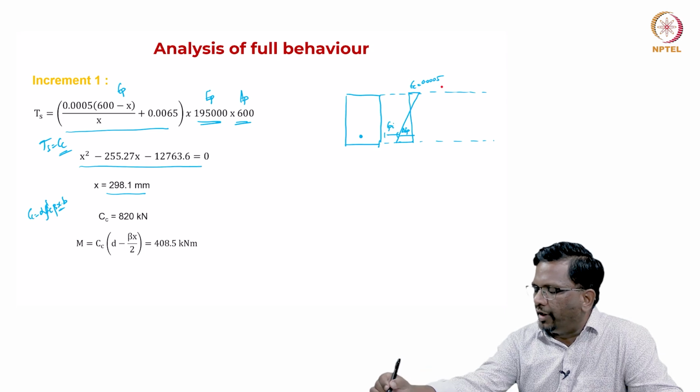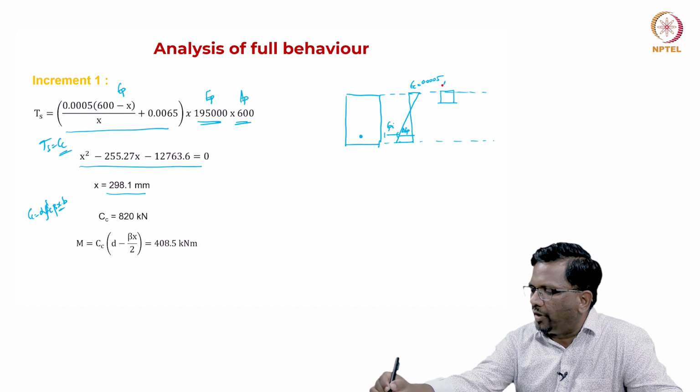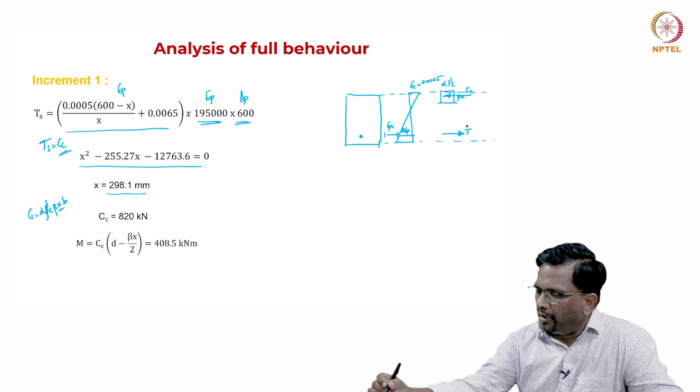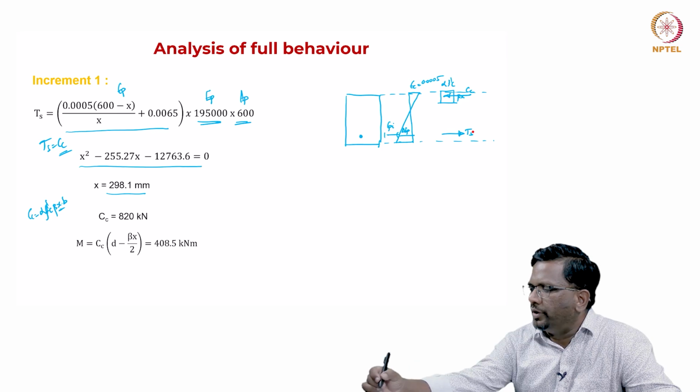For that we get some stresses, and we converted this into an equivalent rectangular stress block, alpha f prime c beta x, and this is your Cc, and this is your T, let us say Tp or Ts, whatever you want to call it. Now, when I take moment about this,